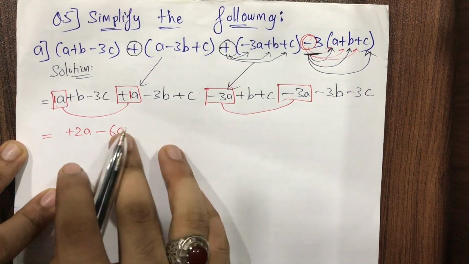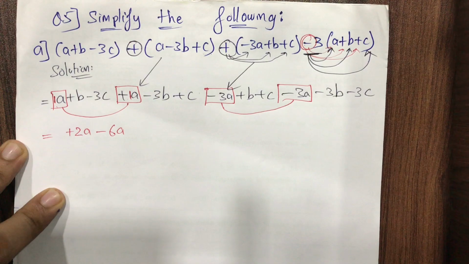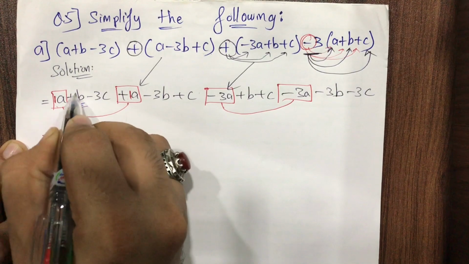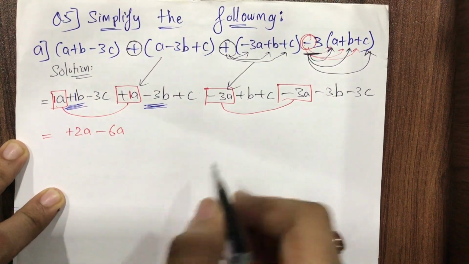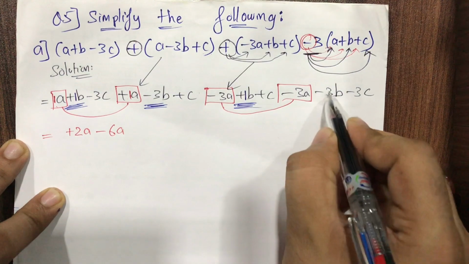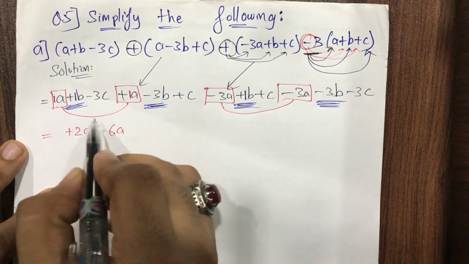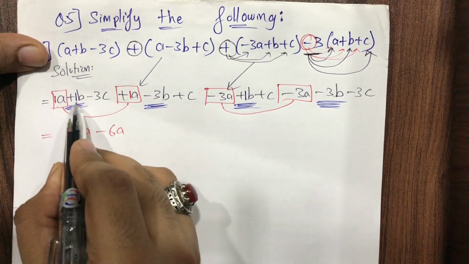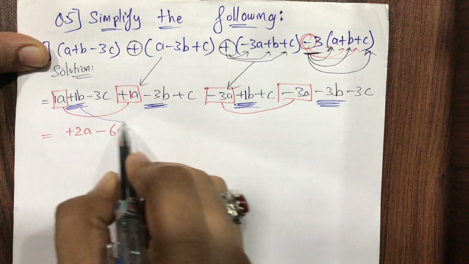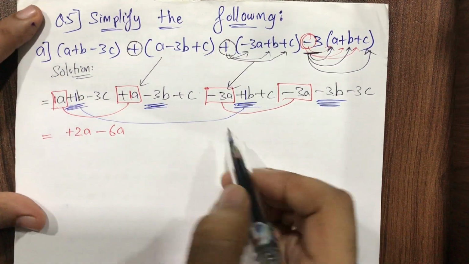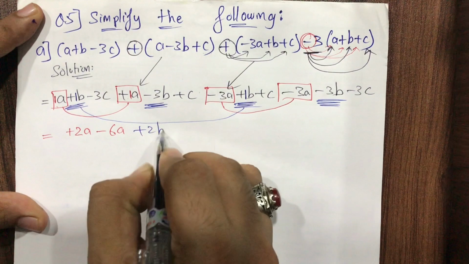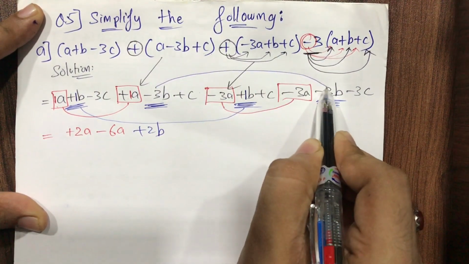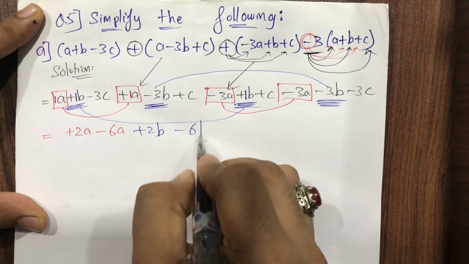Okay, now I'll move on to the b. Now I'll underline it with the blue color. So here it is plus b. Plus b means it's like plus 1b. Here it's minus 3b. Here it is plus 1b. Here it is minus 3b. Okay, now once again, first I'll see the positive terms of b. So here I have plus 1b and here I have plus 1b. So plus 1b and plus 1b, what will it become? Plus 1b and plus 1b becomes plus 2b, and minus 3b and minus 3b becomes minus 6b.